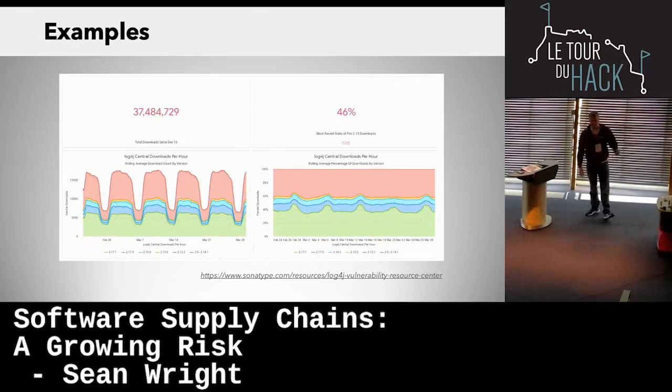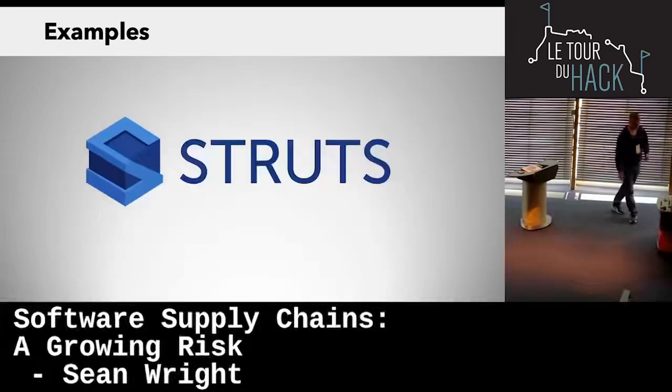And the thing at the time that really got me wound up is the way we're approaching this, and I'll come to this a bit later. Ironically, another Java library, Apache Struts. And this one here is pretty significant. The reason why I picked this, and I was debating whether I should still talk about it, is that it happened in 2017. An organization called Equifax, which I'm sure most of us have heard about. That vulnerability cost that company $1.5 billion.